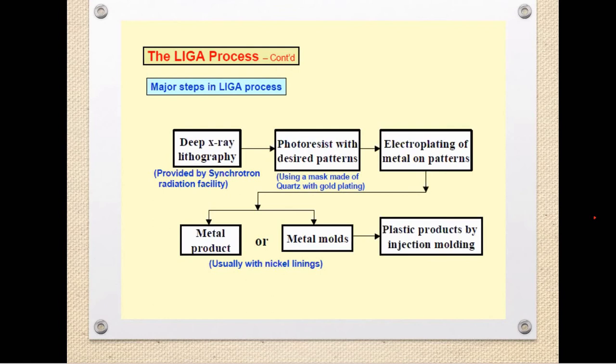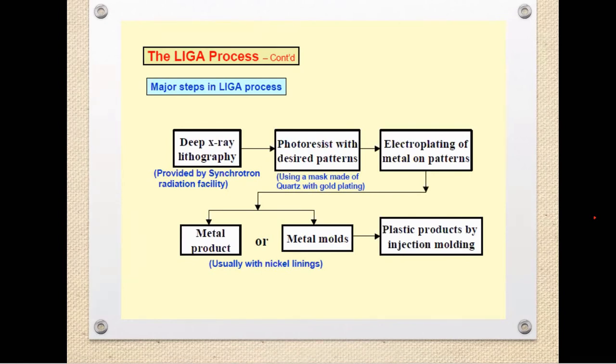The X-rays used in this process are provided by the synchrotron radiation source, which allows a high flux of collimated rays and shortens the exposure time. So we can say that in this process we are getting high intensity X-rays, starting with the deep X-ray